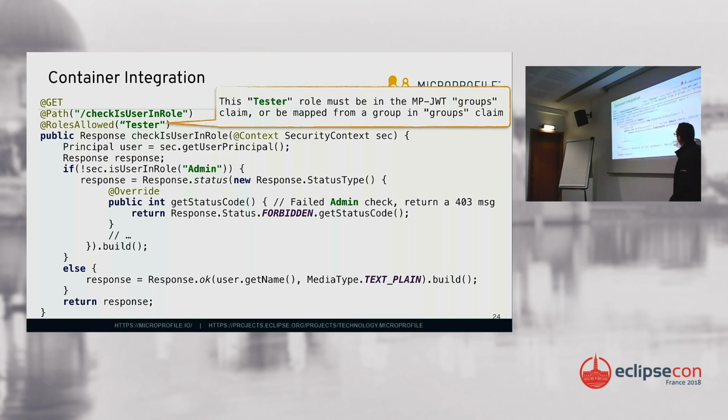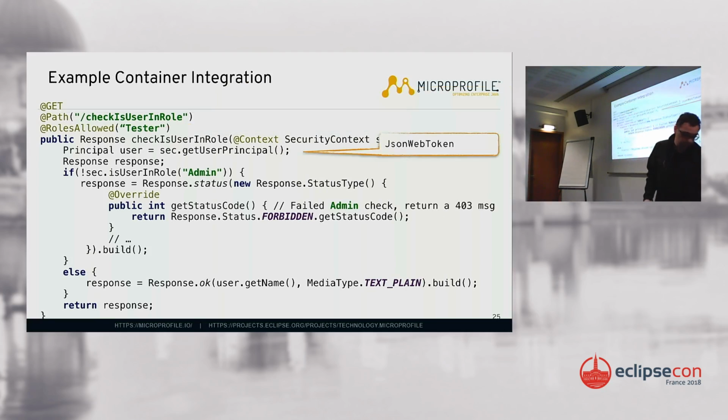So the first thing is that you can immediately say @RolesAllowed directly on your JAX-RS endpoint, and it will only accept requests from users where the token contains a tester role in the groups from your token. And it also supports multiple roles, so you can say tester, admin, and so on. Then you can inject the security context, as we do here, and you can just retrieve the user principal,